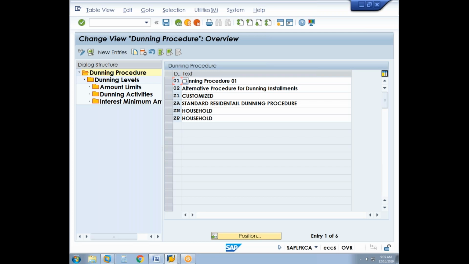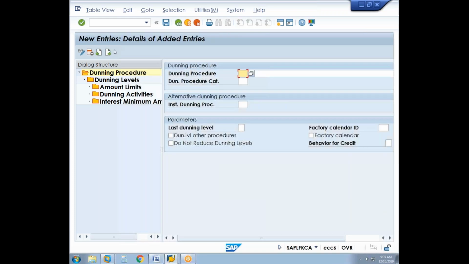So we'll create one new dunning procedure for our requirement, and then assign it to the dunning procedure category we have created. The dunning procedure category will sit in the contract account, and to that dunning procedure category we will be assigning the dunning procedure. So we will create one new dunning procedure as Z5